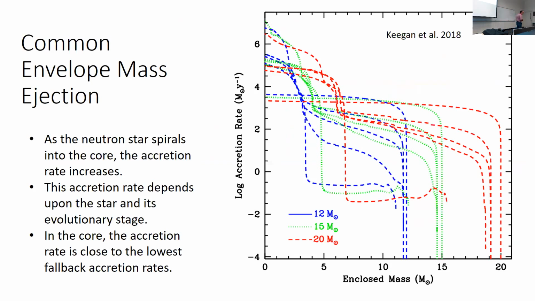So a tenth of a solar mass per second, which is on par with what we expect in neutron star fallback conditions, where the accretion rate is really high. But there's a whole period there where you're getting accretion rates that are 10 to the 4 solar masses per year, 10 to the 5 solar masses per year, 10 to the 3 solar masses per year. Yes,